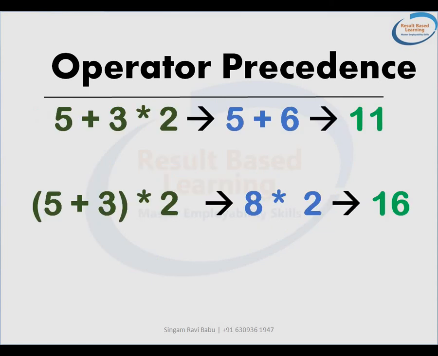Now we can solve the previous expression in two ways. 5 + 3 * 2 by applying PEDMAS. There is no parentheses, there is no exponent, but there is multiplication. We'll perform the multiplication first. So 3 * 2 is 6, and before 6 we have 5. So 5 + 6 is equal to 11. But if you want to get a different answer, we'll enclose 5 and 3 in parentheses. Whatever is in parentheses takes the highest priority. So we'll solve the expression within the parentheses, that is 5 + 3 is 8, 8 * 2 is 16. So this is how we solve arithmetic expressions using operator precedence.